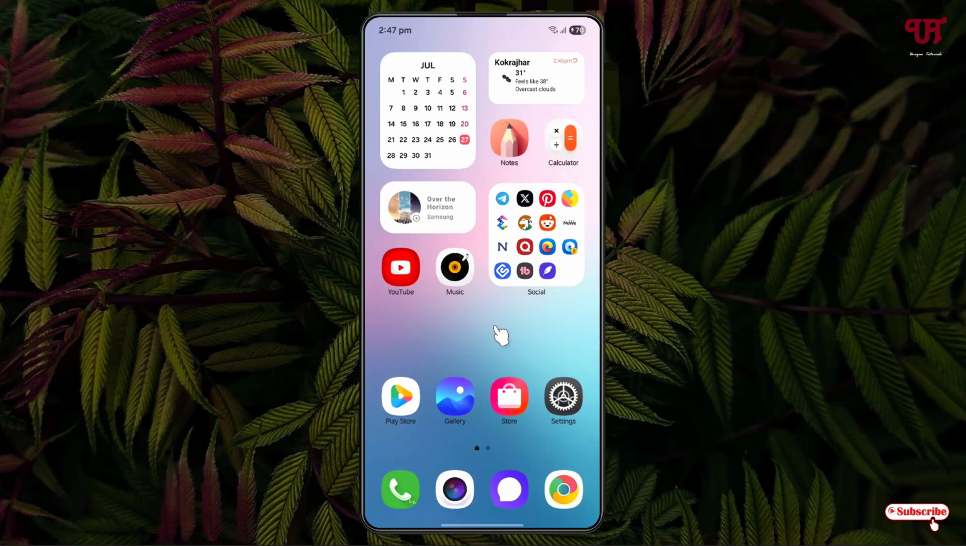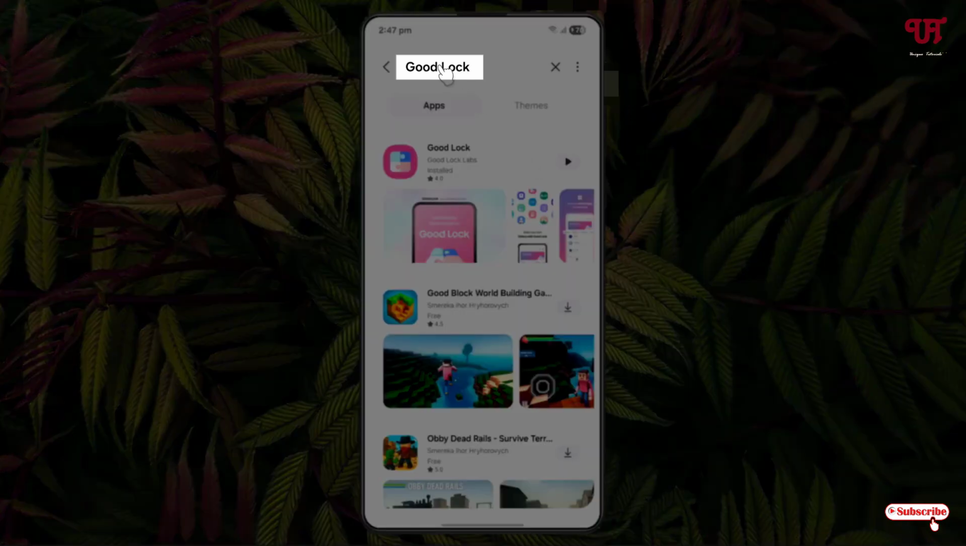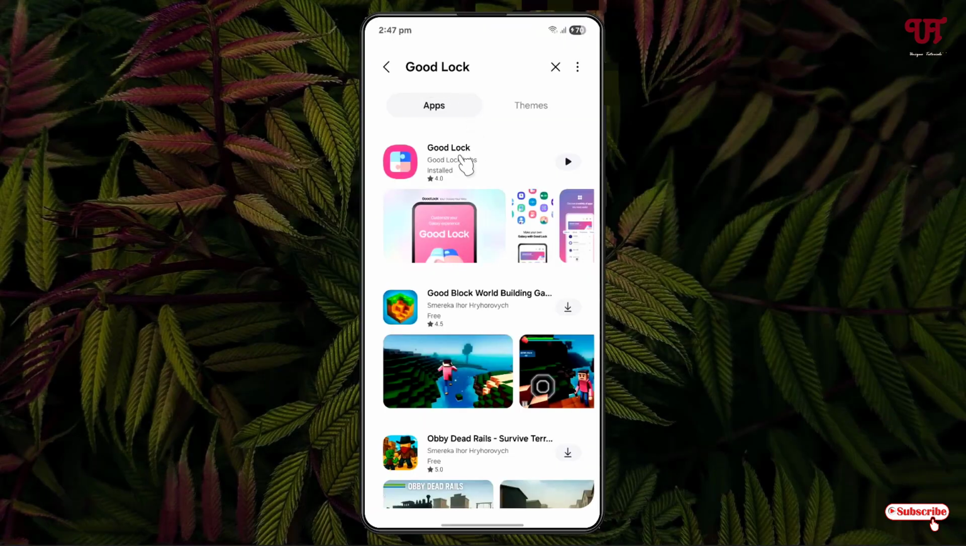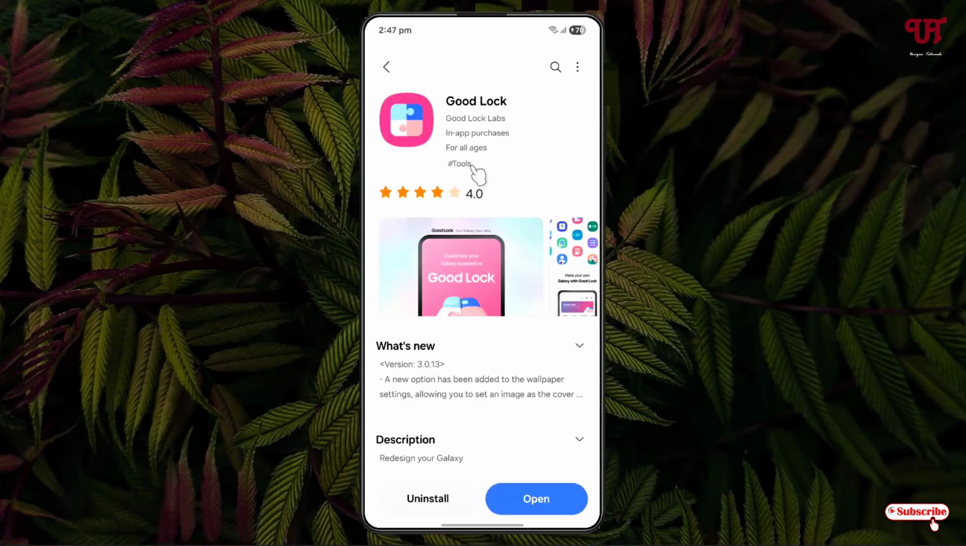So firstly, just open the Galaxy Store and search for an application named GoodLock. The first result you'll see is the application, just click on it. As I've already downloaded and installed it, I'm not going to do it again. So firstly, you download and install this GoodLock, and if GoodLock is not available for your respective Samsung smartphone,